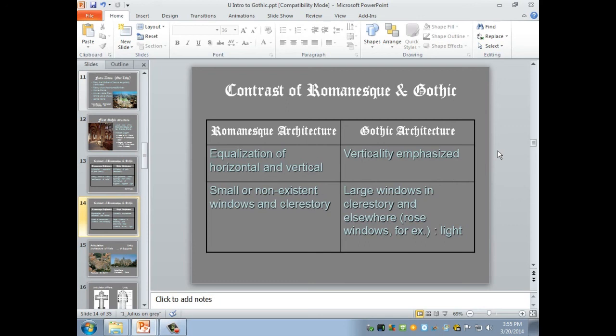Now, there are some Romanesque churches that have clerestories, particularly, we'll talk about, in Burgundy, say, Cluny 3, or Saint-Lazare, the Cathedral of Autun. And they have a clerestory. But compared to the Gothic clerestories, you have a lot of wall and a smaller window. Smaller clerestory. So in Gothic architecture, the walls are opened up.